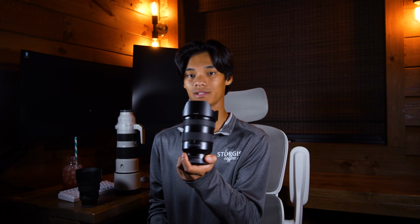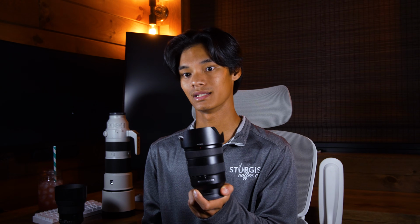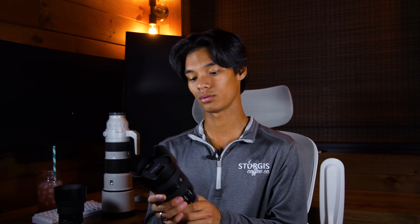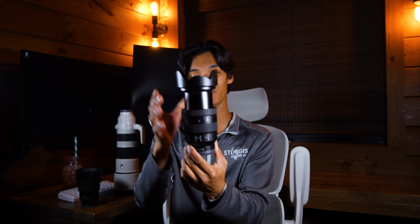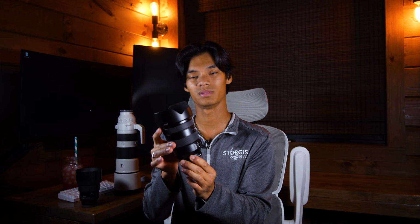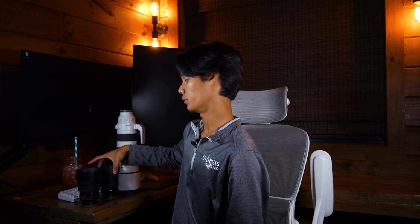One thing I will say about this lens is, obviously, it's an f4 lens. It is an external zooming lens, so you do have to be careful with it when you are getting any dust or rain inside of this little zoom thing here. Make sure it is weather sealed, but just be more careful with it, be more vigilant, and that is kind of an issue with these external zooming lenses. 24-70 and 70-200 are internal,